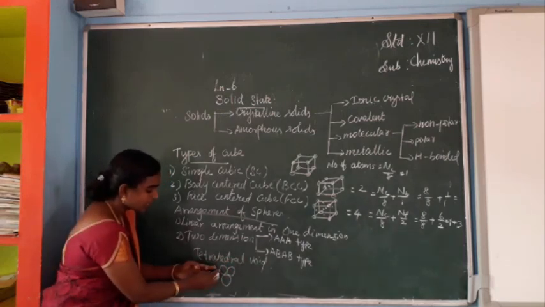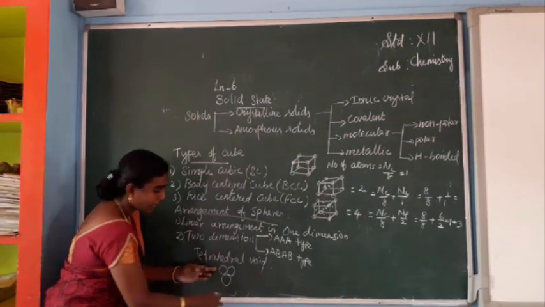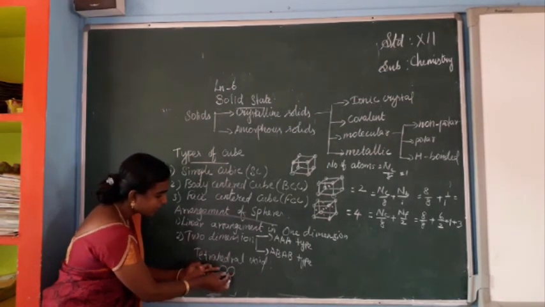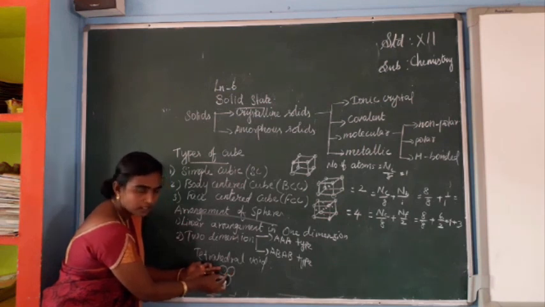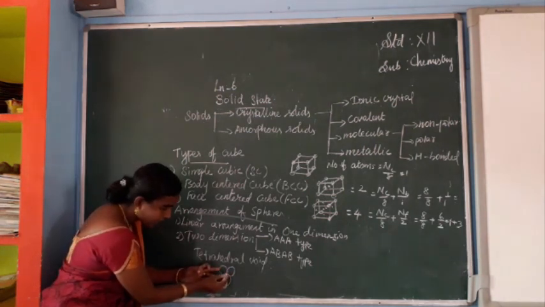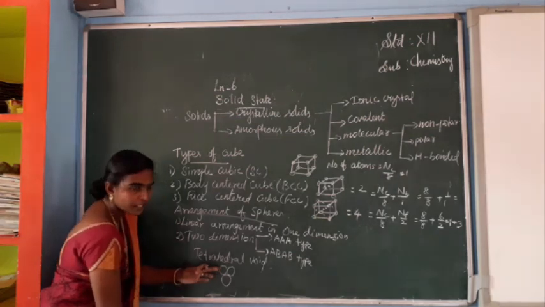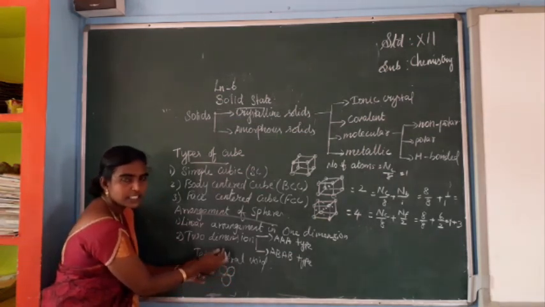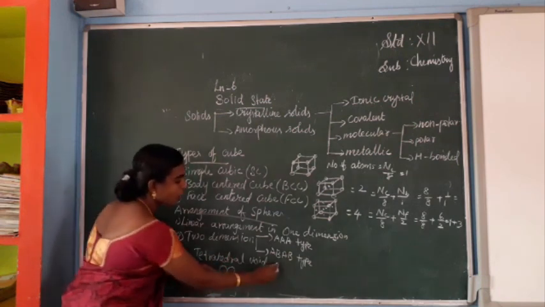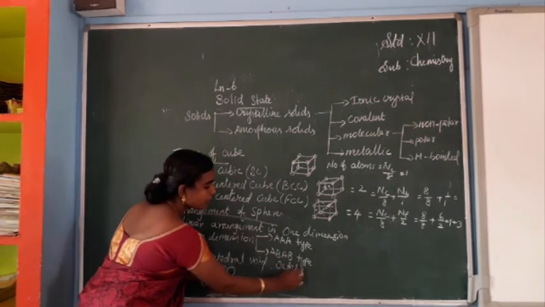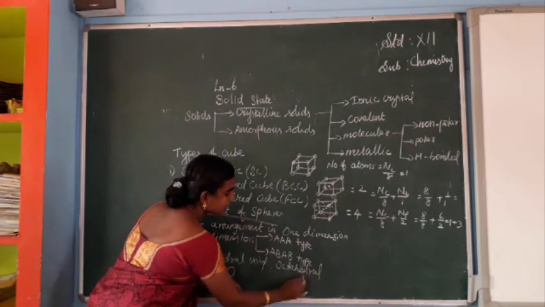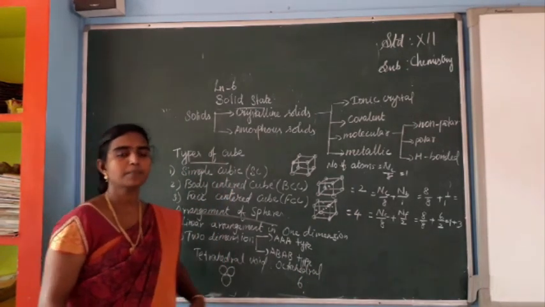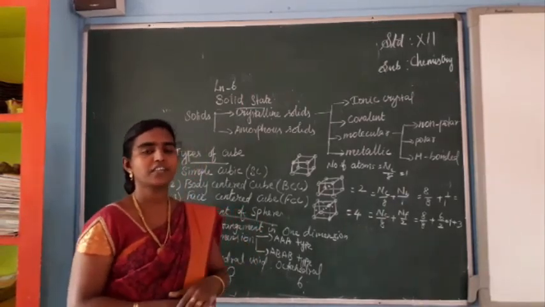So consider this is one layer, and the next layer is arranged in such a way that it sits in the depression of these two spheres, so that we get a vacant space. This is called a void. When you place one more sphere over this, it is a tetrahedral void. Next, an octahedral void is possible in the case of 6 spheres. Okay. Next we have studied packing efficiency, and finally we have studied defects in crystals.